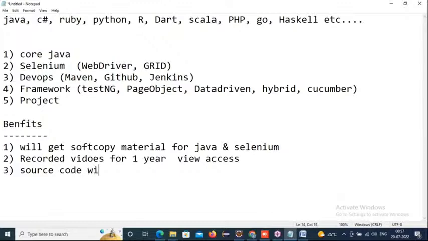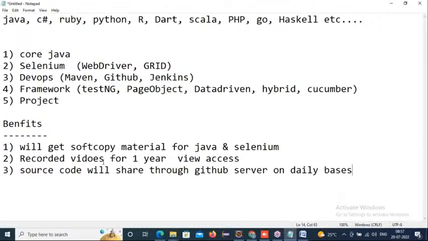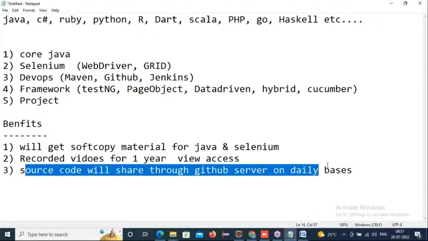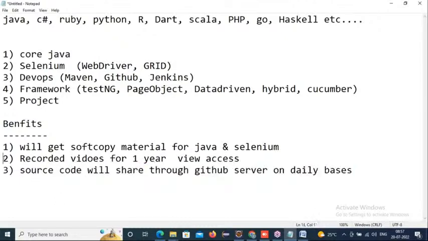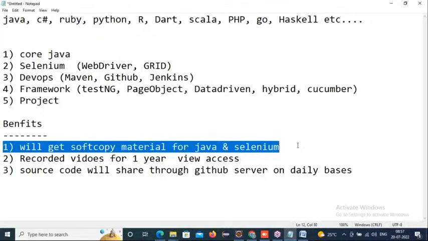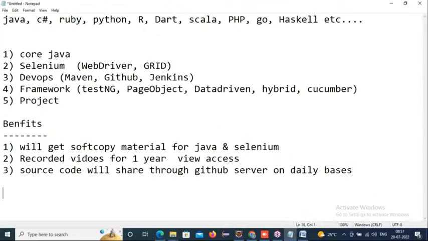Source code will be shared through the GitHub server on a daily basis. So daily, whatever programs I build in front of you, I will commit in the GitHub server and share with everyone. So that is one of the sources for you to practice. And recorded videos will be available for 1 year view access, and soft copy material for Java and Selenium will be shared. And the course duration will be